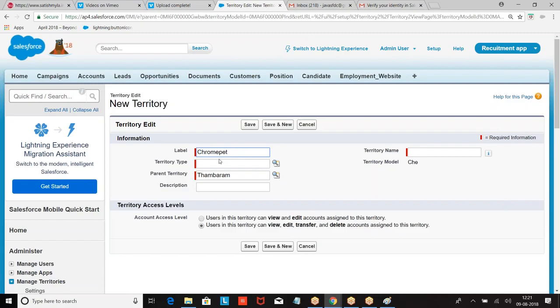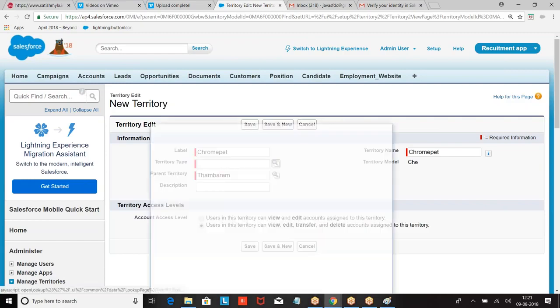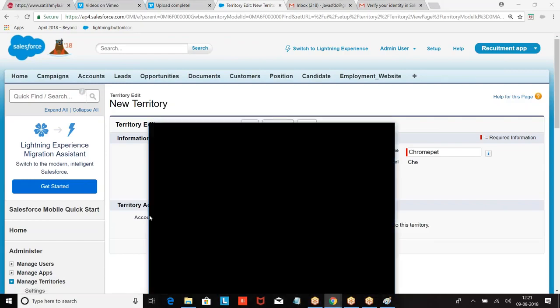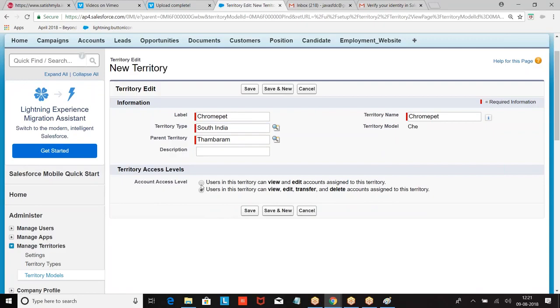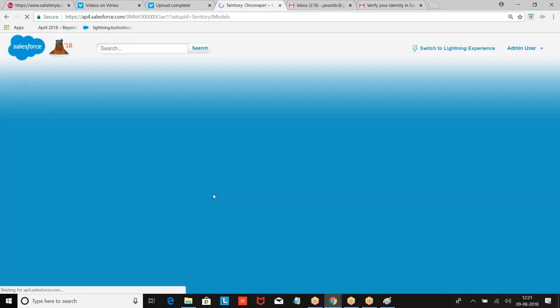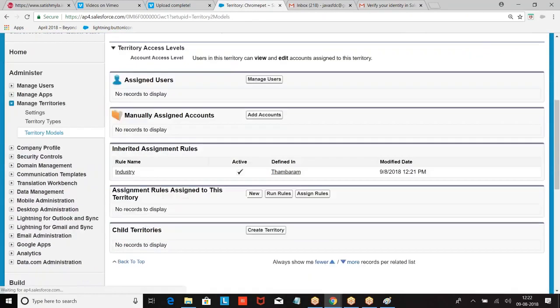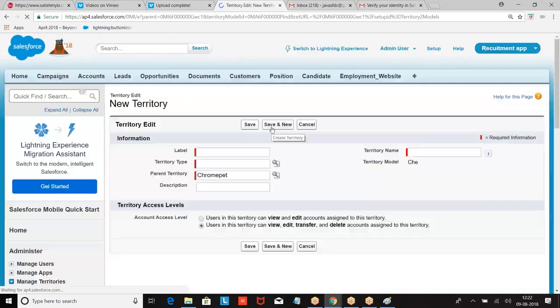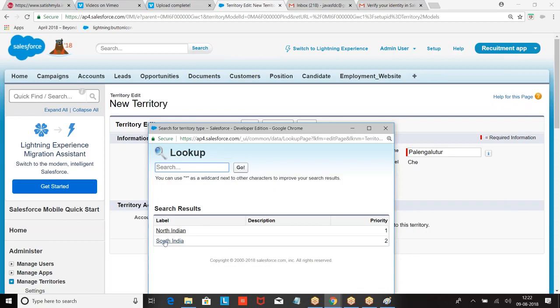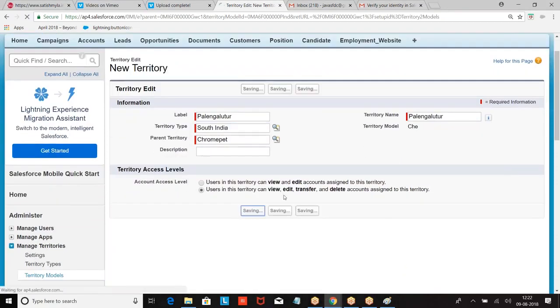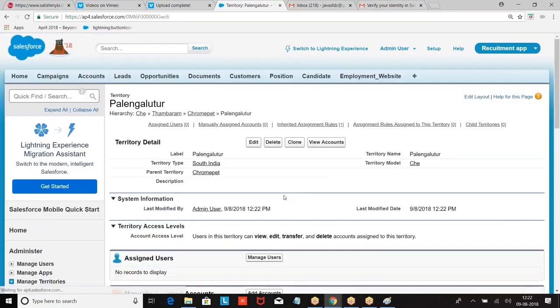Now again you want to create a child territory. Under this we have Kalangatur. So now we created regions here.